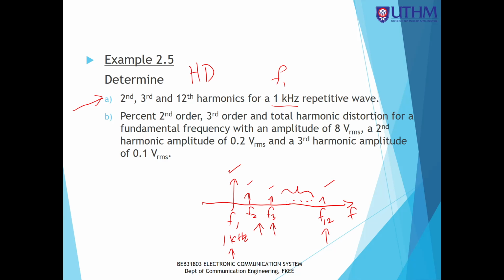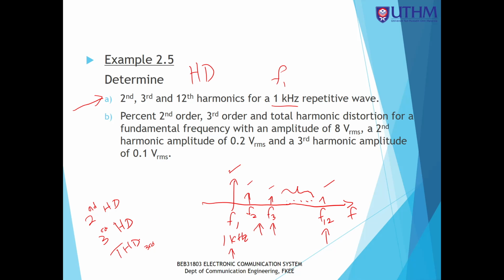For a fundamental frequency with amplitude 8 VRMS, second order amplitude is 0.2 VRMS, third order is 0.1 volt RMS. So apa maksud dia? Dia suruh kamu cari berapakah second order, okay, third order, and also the THD sehingga third order